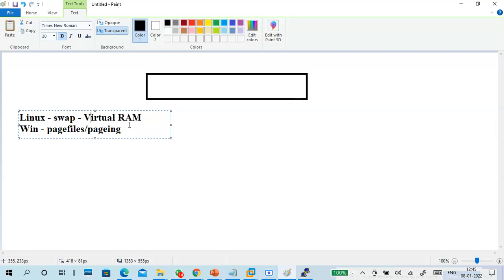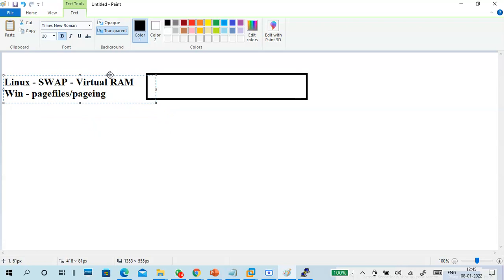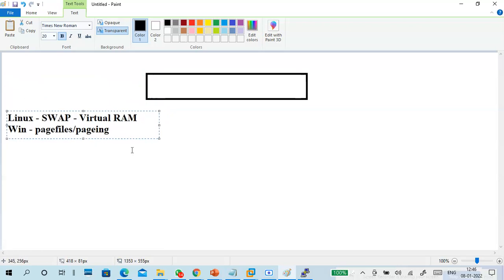What is virtual RAM? Virtual RAM supports your physical RAM to run any applications on it. Okay, so all application information runs in your physical RAM only, but virtual RAM supports temporary data running purposes. So in Linux, we compulsorily should know about swap memory. Guys, I will give you one scenario: when I tried to install Oracle 12C and 11G on Linux.